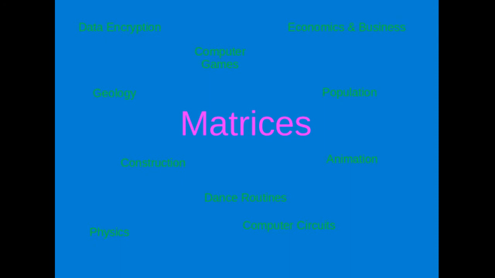in economics and business to talk about the trend or future of a business or the economy, in statistics about populations, in anime to control the objects in the anime on the screen to make them move more smoothly and crisply, in data encryption to encrypt your information between your computer or phone and, for example, the bank, in computer games to move and control the objects on the screen,